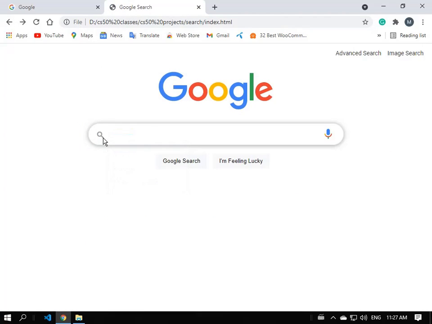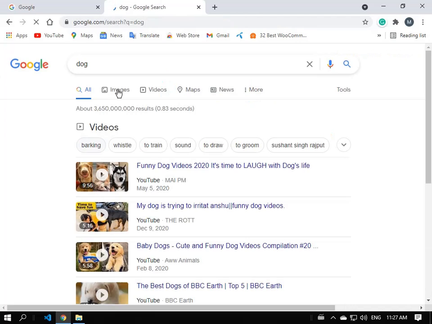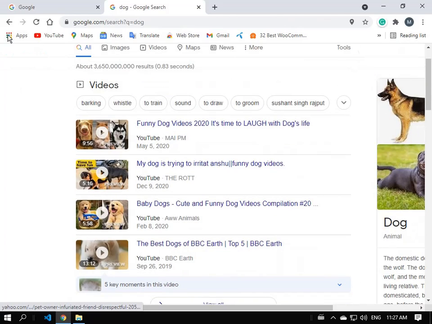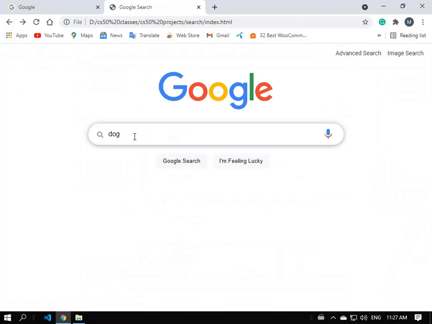and if I type here any keyword again, for example I'm typing here now dog, and press the Google search button here, it will also bring me the Google search result page. I'm going back again, and if I search